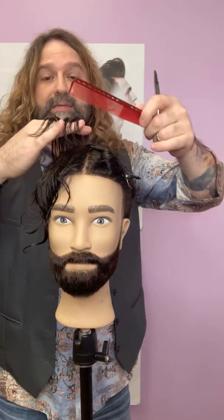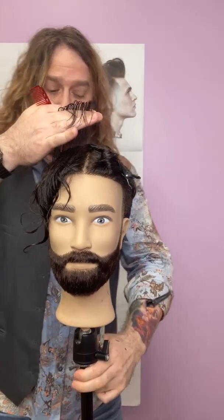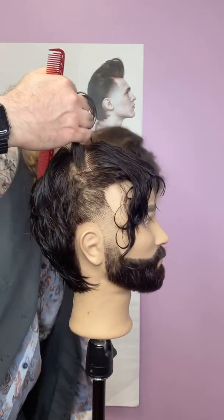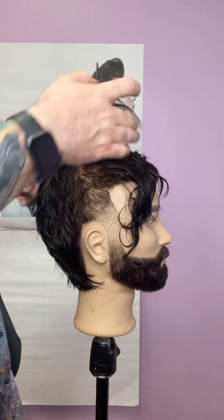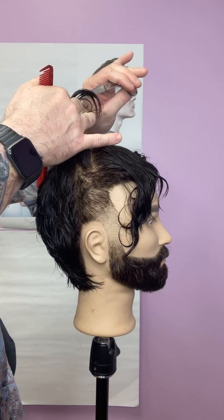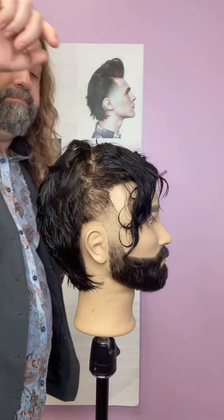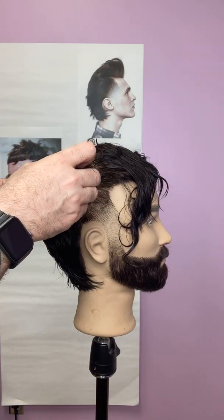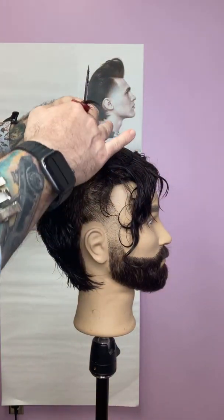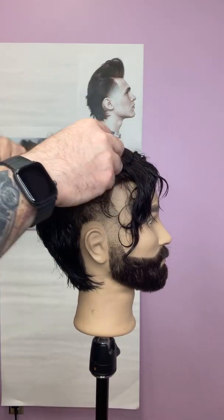Now what I will do is bring this up. I can see my guide through there. Just for your reference, we're going to over-direct this slightly back to the top of the crown. I'm going to cut this with a sawtooth cutting motion. We're going to split that in half, comb this back,